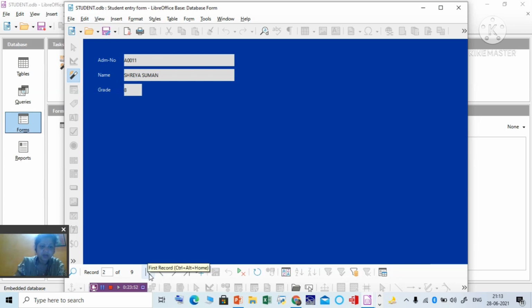If you go to see the first record of the table, click, it is the first record. You click the last record, it will show. Now the question is, we have made the form here, and now you come to know that the form can be used to view the records.